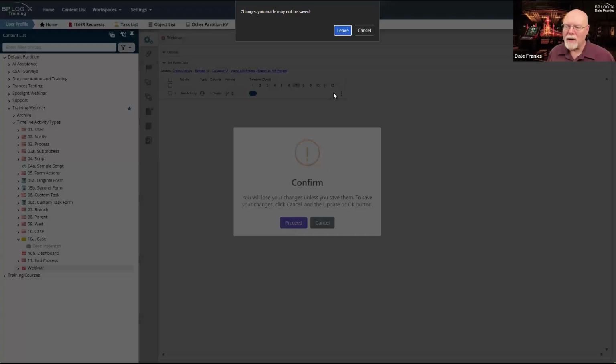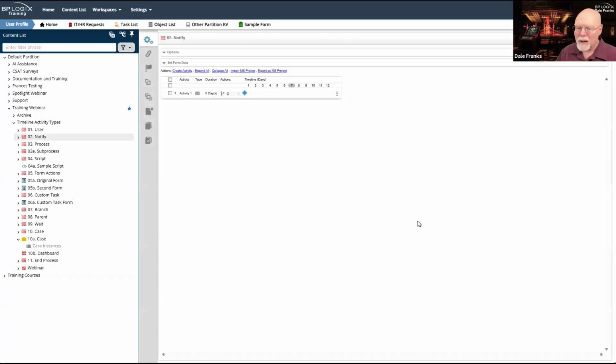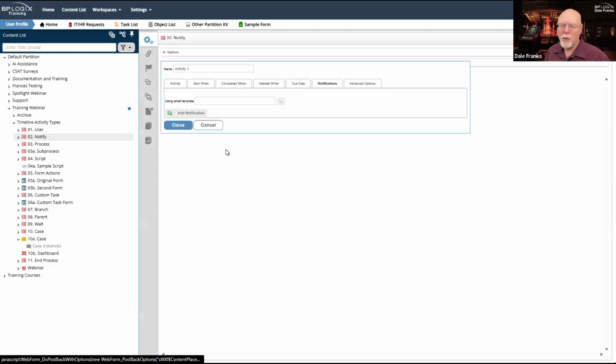You use the notify activity for the same reason that you use the additional notifications on the notification tab of a user activity. There are some extra people whom you want to tell something. Now, those people may in fact be timeline participants, people who are going to be participating or who have participated in prior activities and you're giving them a progress update, or administrative or managerial personnel that you want to give an update to let them know that you've reached a certain point in your process timeline.